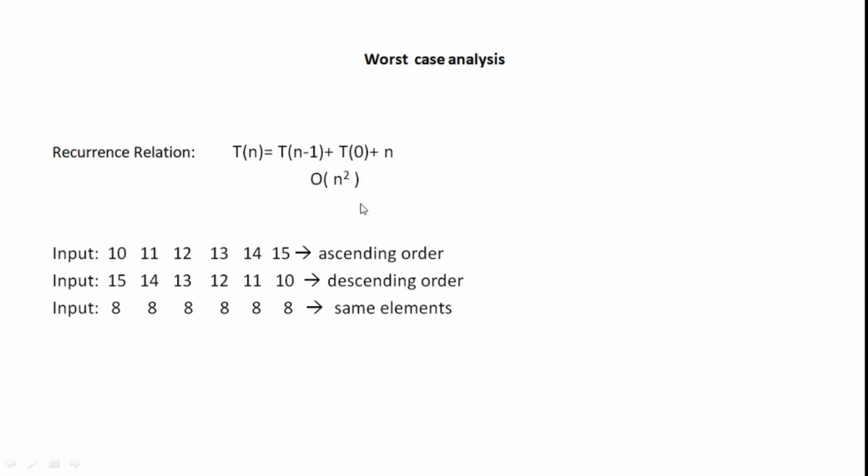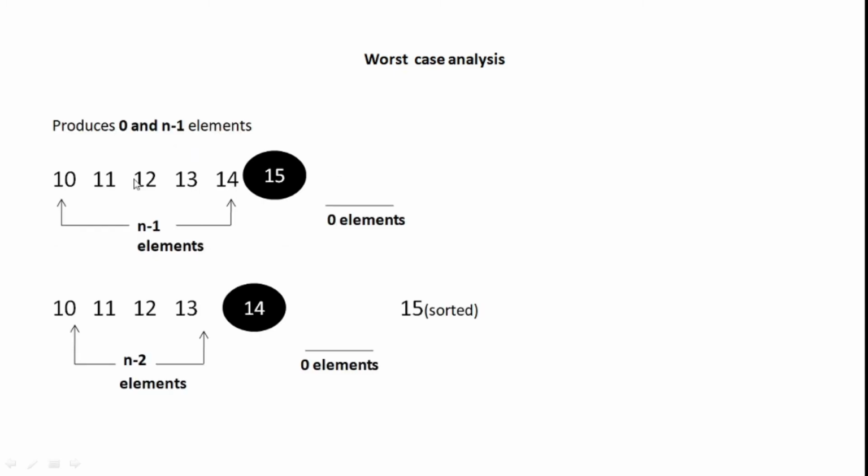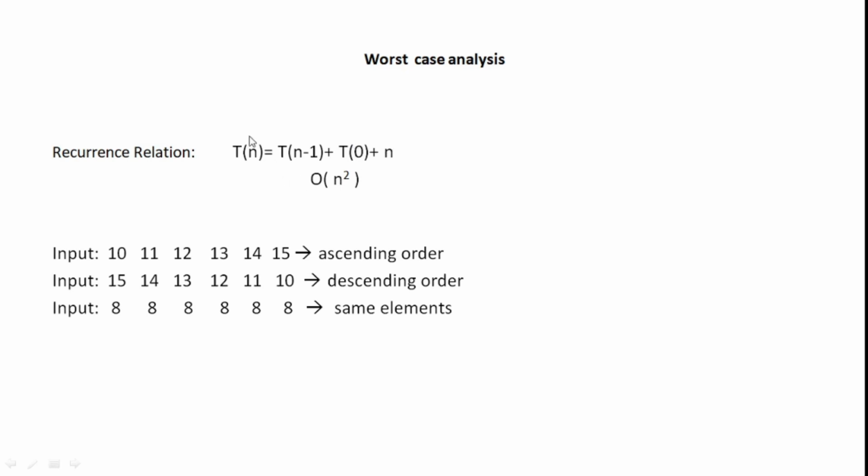So this is how the worst case is going to be order of n square, because this is the time complexity when we are left with these elements after sorting these many elements. So this is going to take some time, and this is 0 because this is not going to take any time, and there will be some partitioning cost, that is n. And if you solve this using the substitution method, you will get this.